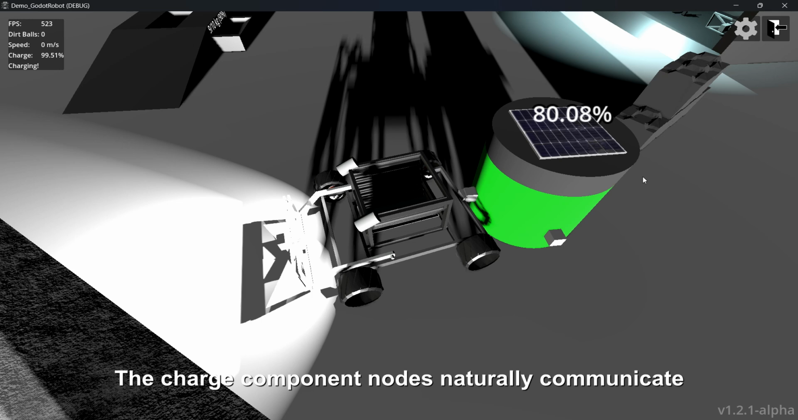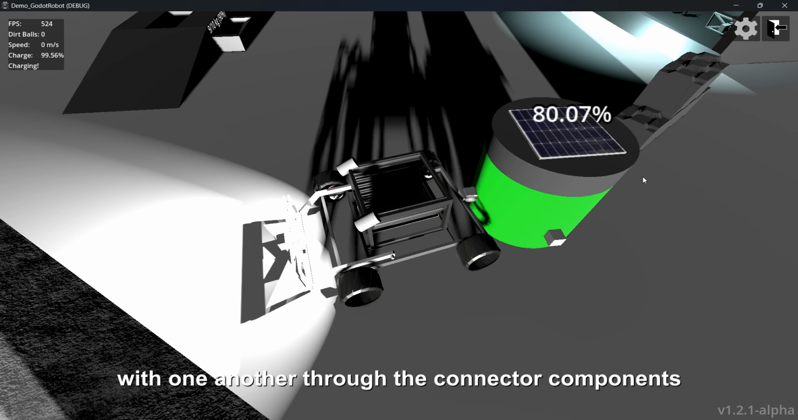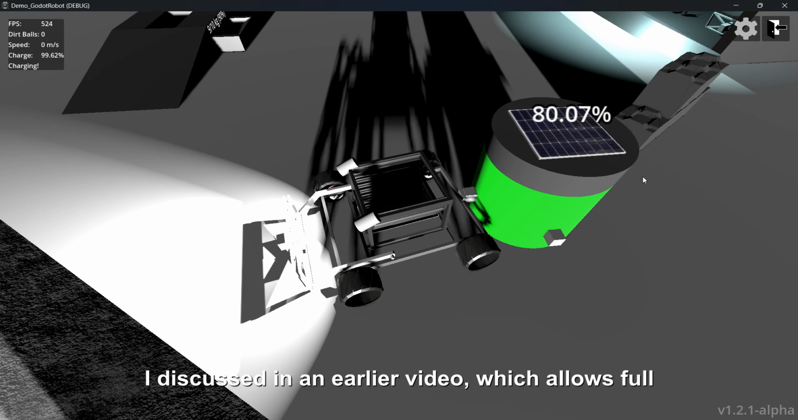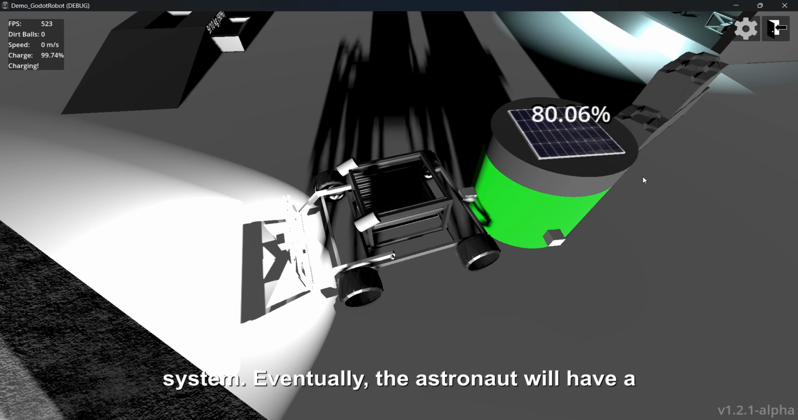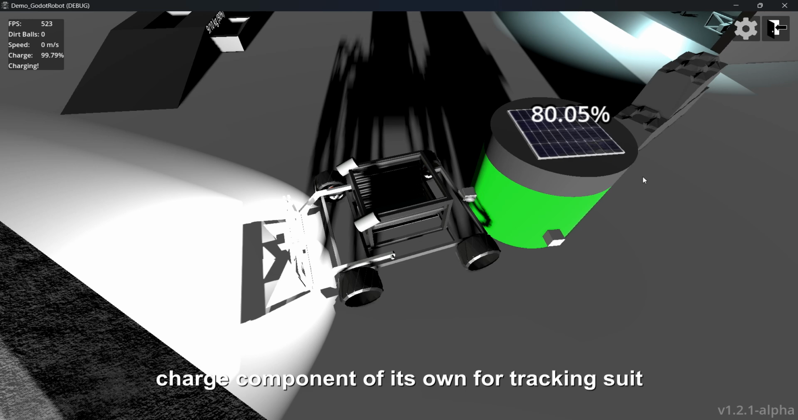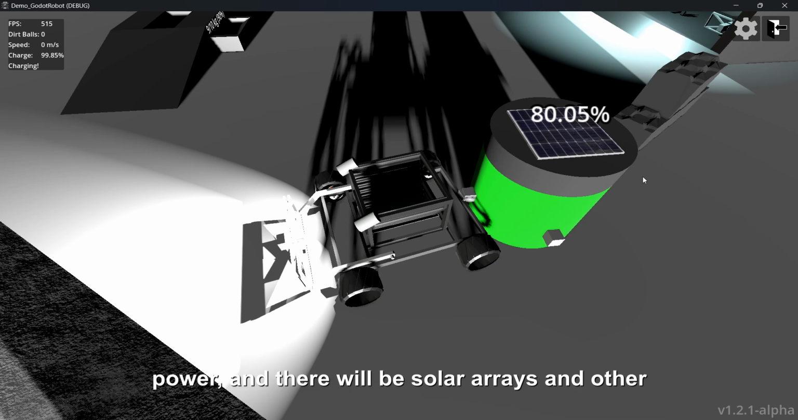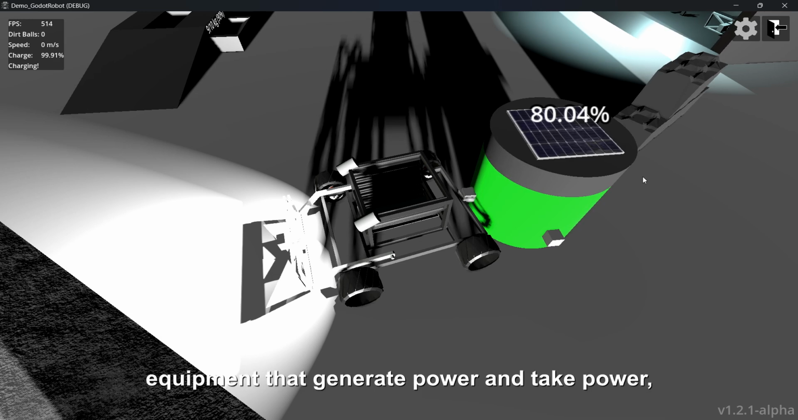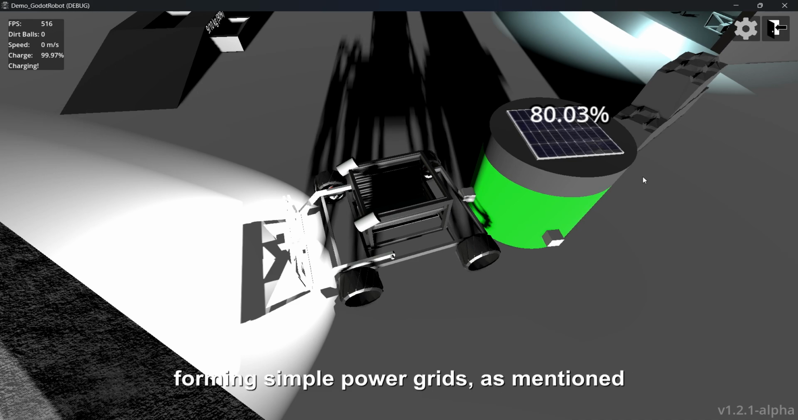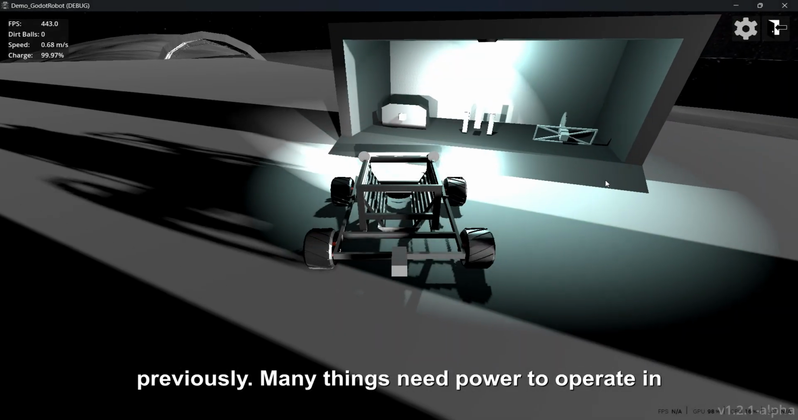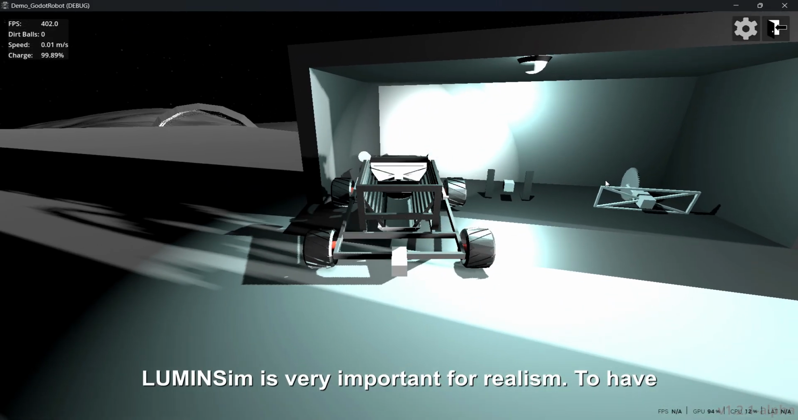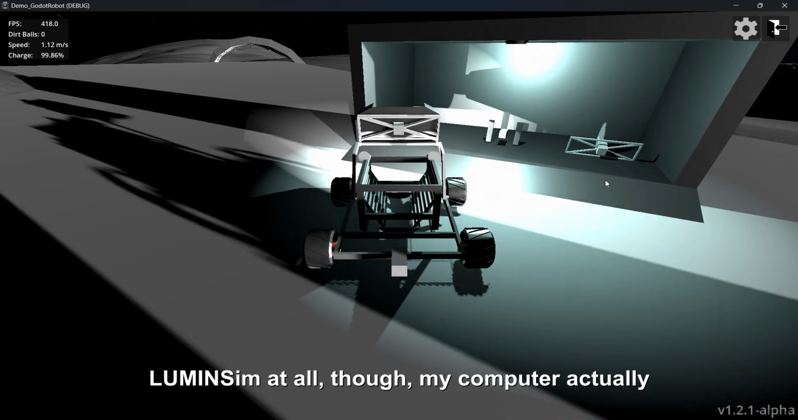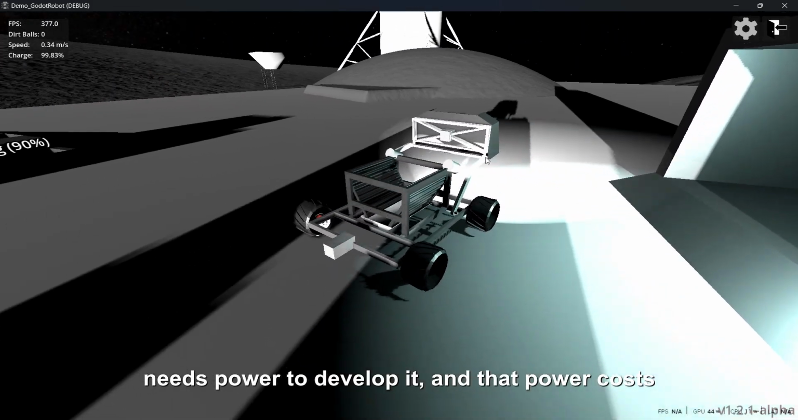The charge component nodes naturally communicate with one another through the connector components I discussed in an earlier video, which allows full power grids to exist even with such a simple system. Eventually, the Astronaut will have a charge component of its own for tracking suit power, and there will be solar arrays and other equipment that generate power and take power, forming simple power grids, as mentioned previously. Many things need power to operate in the real world, so being able to simulate power in LUMINSim is very important for realism. To have LUMINSim at all though, my computer actually needs power to develop it, and that power